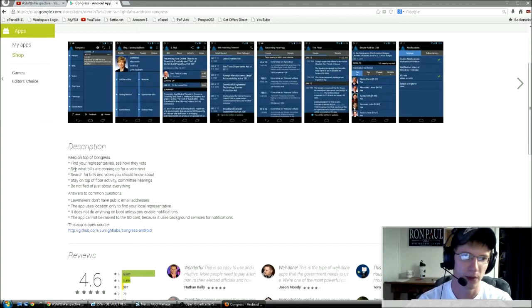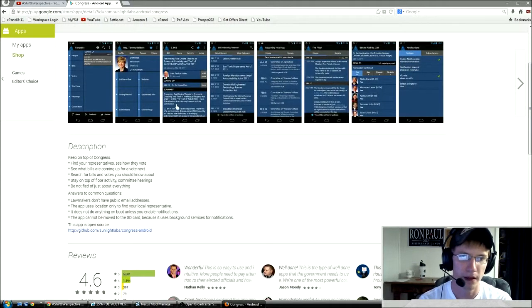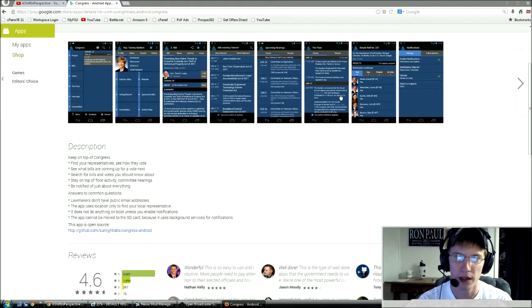You can see what bills are coming up next to vote. Let's see here. I can go to the main screen and click on bills. Coming up, Pandemic and All Hazards Preparedness Reauthorization Act of 2013. That'd be something that's coming up. Search for bills and votes you should know about. You can favorite people. Is this a bill? Yeah, that's a bill. You can favorite people though,